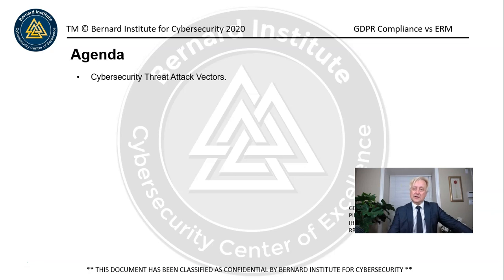So on today's agenda, it's going to be action-packed. There's a lot of information to share here on how privacy might work within an organization in conjunction with cybersecurity or other information security practices, such as the annual financial CFO certification. We're going to talk about the attack vectors of cybersecurity. We're going to talk about 10 layers of architecture.